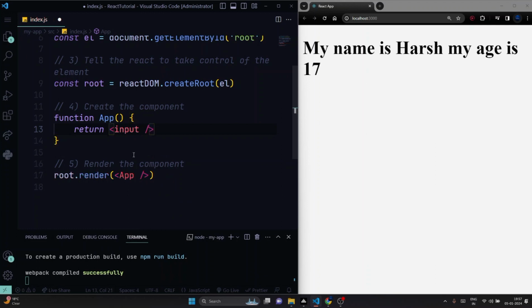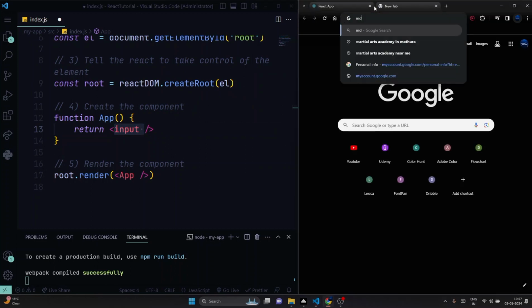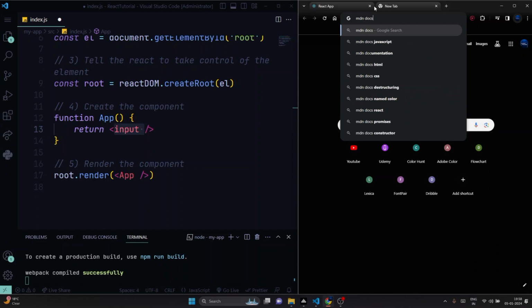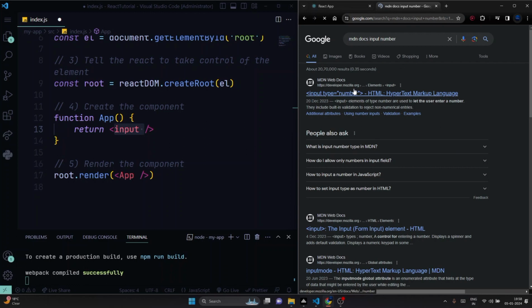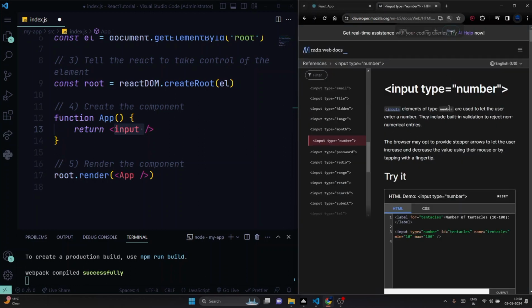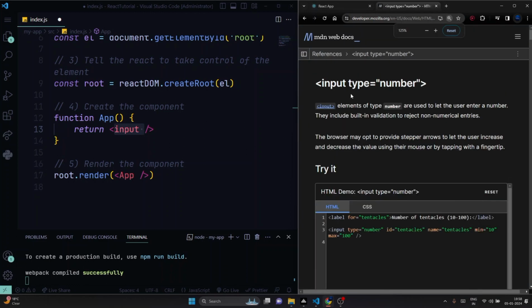Okay, so now suppose that if we are doing HTML and if we want to use this input for numbers only, then if we are in HTML, then what should we do? So let me show you that by an example. MDN docs. So here is the result. As you can see it, if we were doing in HTML and we want to use this input for numbers only, then we would use this syntax. We would type input type is equal to number,